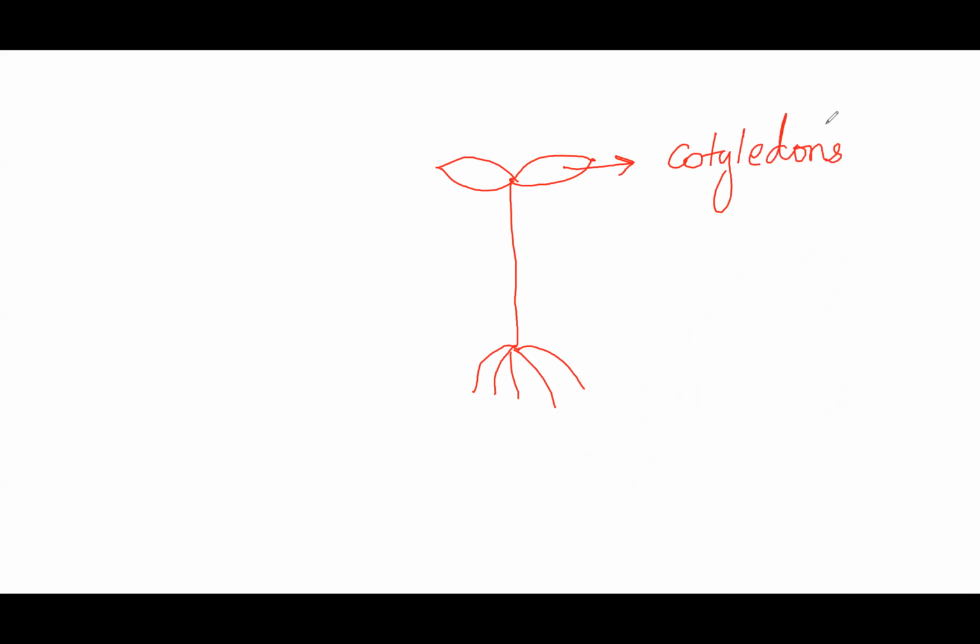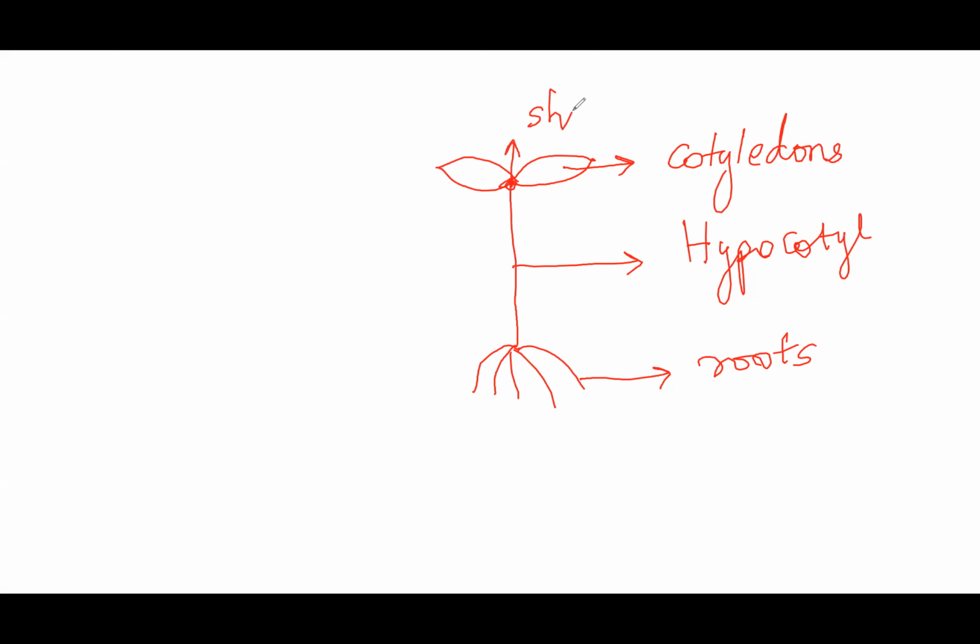Yeah. So in dicots, we all know that there are 2 cotyledons, right? And then these are the roots. So these are the first leaves that come from the seedling, known as cotyledons. This is known as hypocotyl. These are your roots. Okay, this part can be called your shoot tip, from where your cotyledons arise. So this is about the parts of a seedling.